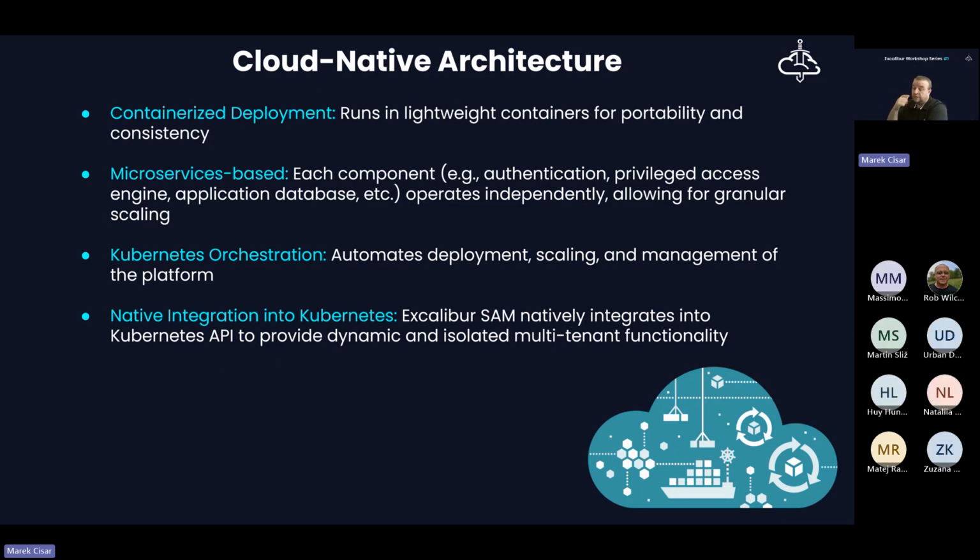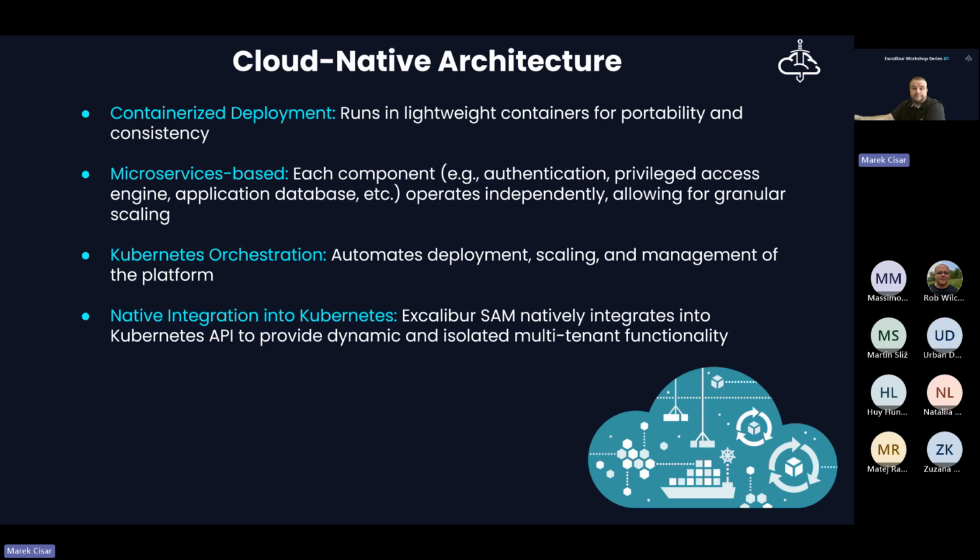So you can understand this as the second layer. We are not only focused on the Kubernetes scheduler, but Excalibur as an application is also the second pair of eyes to take care and monitor that everything's fine.